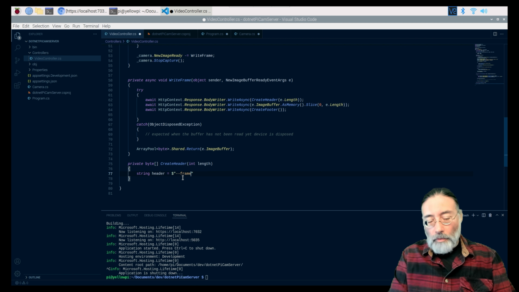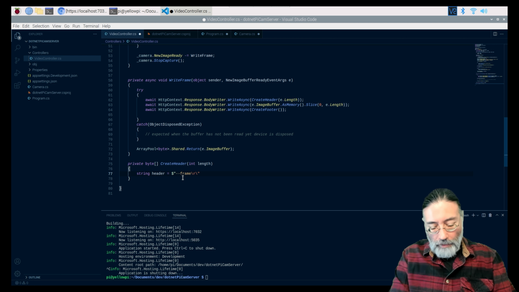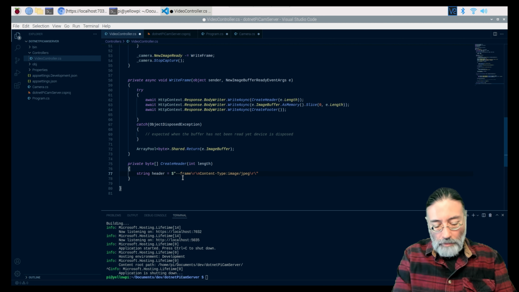Then after the frame we want to put a carriage return and a new line, and then we'll say the content type. So this frame is of type image slash JPEG, and this is an HTML type, I guess. And then we'll do another new line,